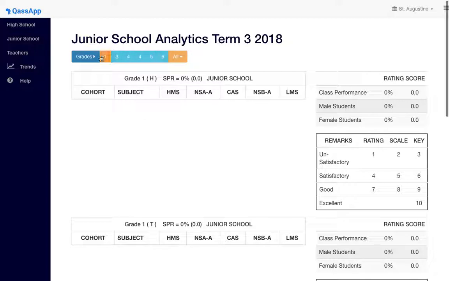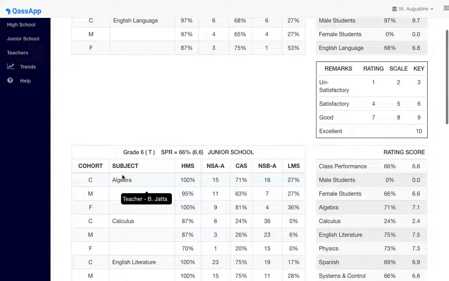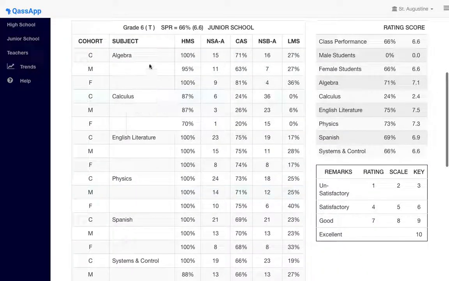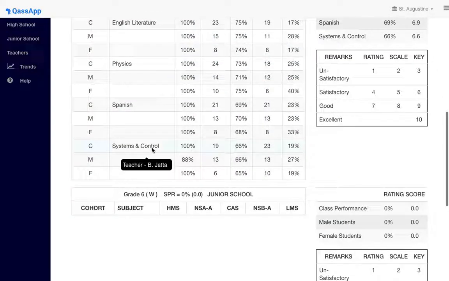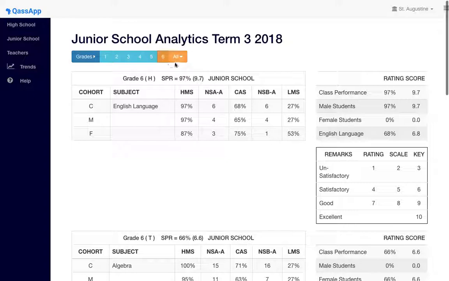So grade 1 has no data because there are no students there. Grade 6, for example, has a few students. There is English taught there, algebra taught here, and it shows the classes taken by all the students in grade 6. Same format, same filter for the group you want to look at, either all or one at a time. And so that's pretty